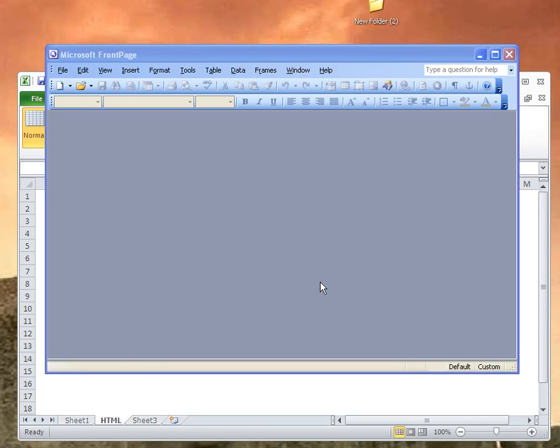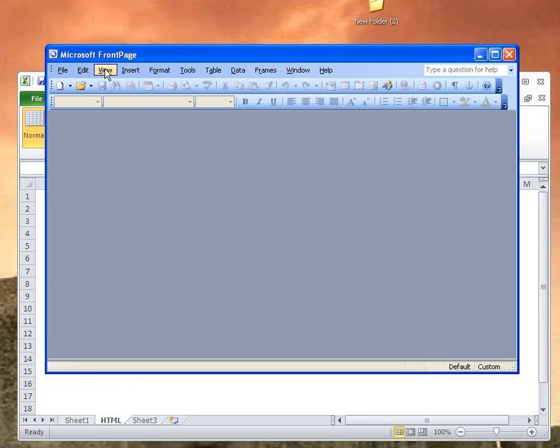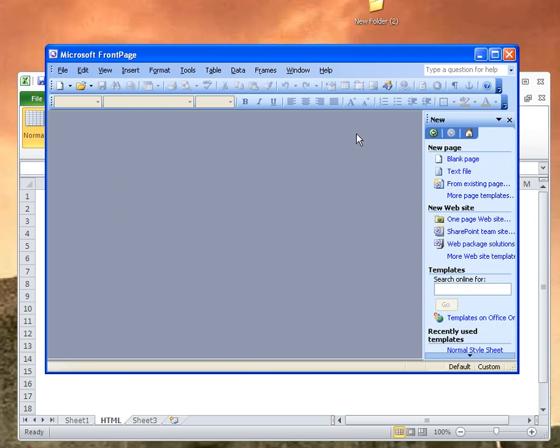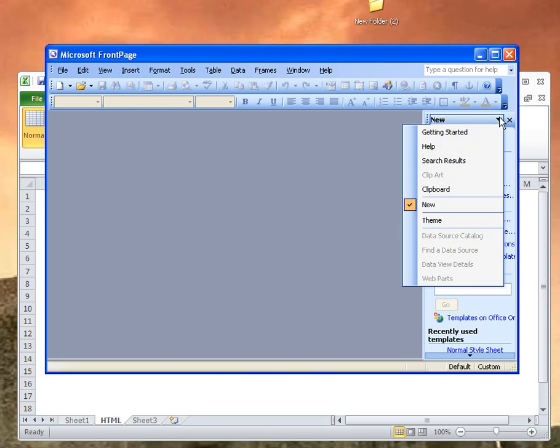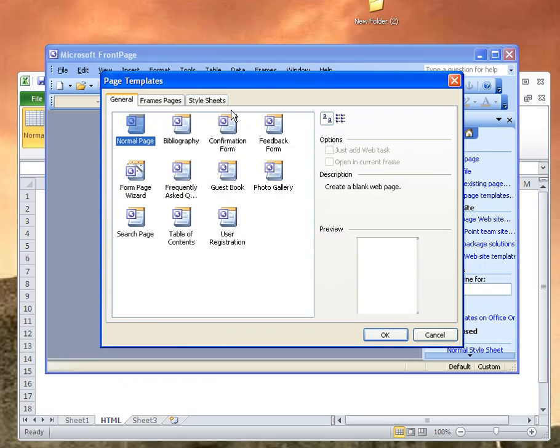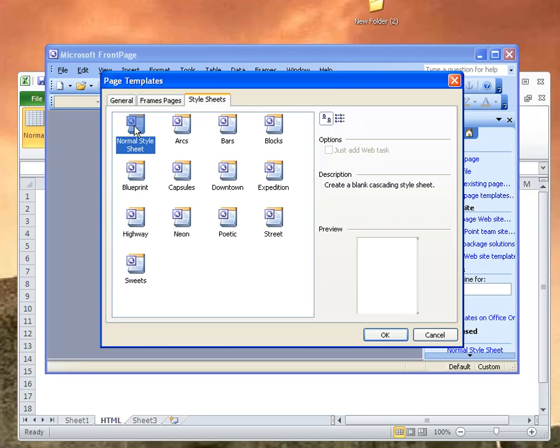Okay, IGCSE review FrontPage. One of the problems you can run into with FrontPage is when you open it, you don't see your task pane. It might appear, but if it doesn't appear, you do View, Task Pane, and then you find it here. Task pane is useful because it gives you a number of items here, and I can do new page, templates, style sheet, normal style sheet,